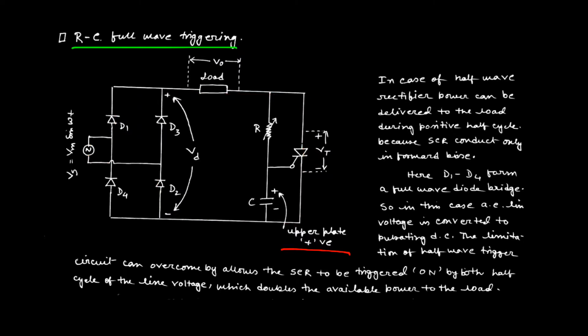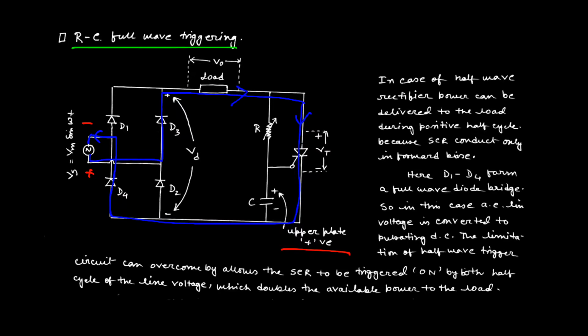In case of the next negative half cycle, when the supply voltage is positive at this end and negative at this end, the diodes D3 and D4 start conducting. The current flows from the supply through diode D3, then through the switch and load, and comes back through diode D4 in this way. See, in both cases the current direction across the switch and across the load is upper to lower, that is, left hand side to right hand side.